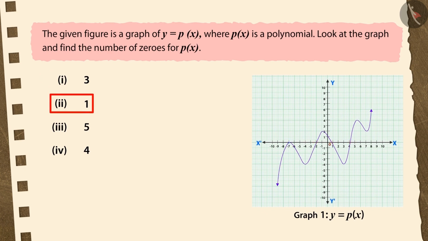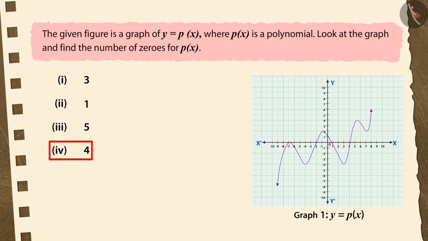If you have selected the second option, then too your selection is wrong. You counted the points intersecting the y-axis but not the points intersecting the x-axis in the graph. If you have chosen the third option, that too is not correct. Along with the points of intersection on the x-axis, you have also counted the point of intersection on the y-axis. Recall that the number of zeros of a polynomial is equal to the number of points intersecting the x-axis of the graph of that polynomial.